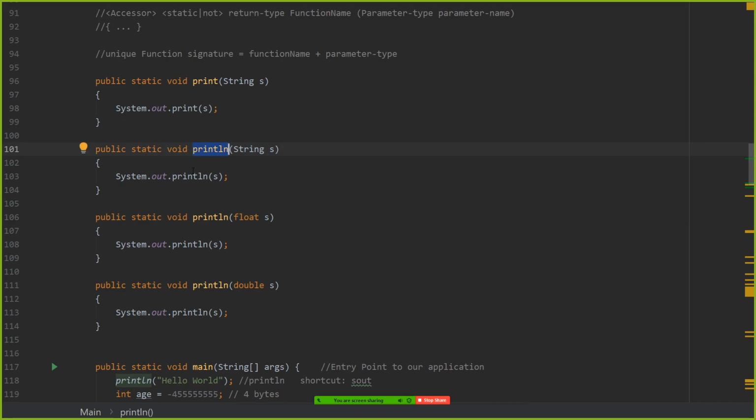Any questions about functions and overloading? Okay, so